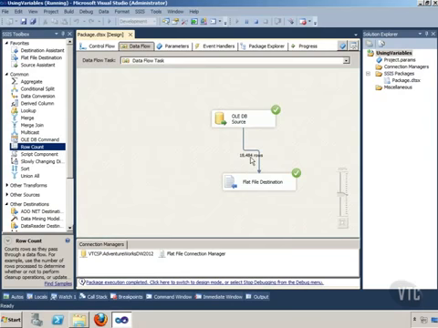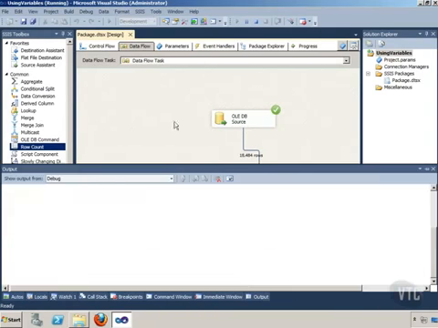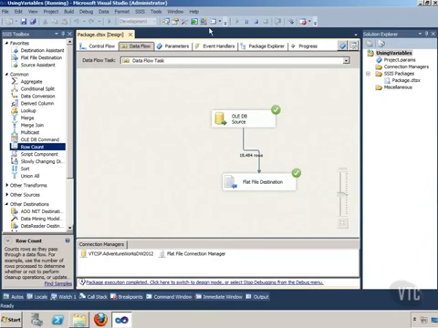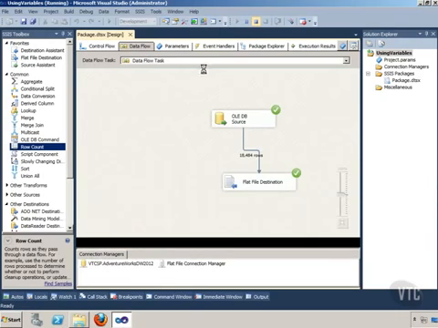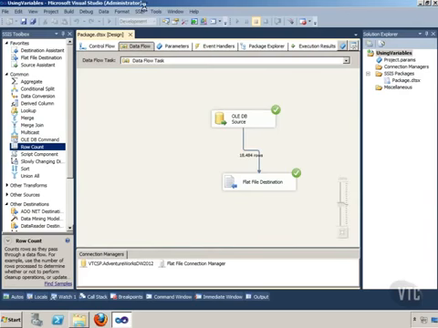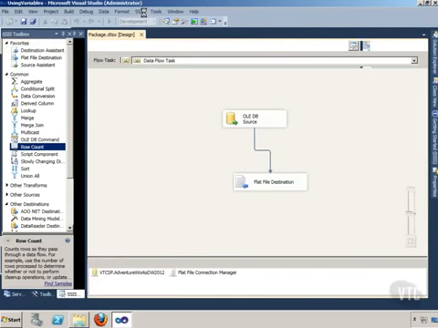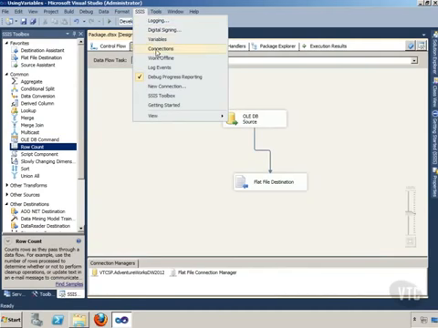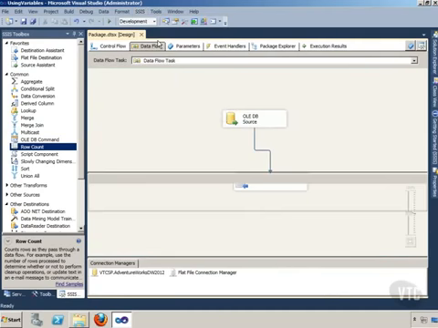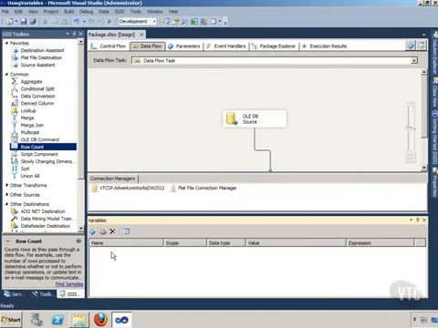Okay, and so what I want to do now though is to create a variable to store this number of rows in. All right, well, if you don't see a variables window down here, and I don't, and if you don't see one along the bottom on these tabs, all you have to do is, first of all, stop the package, then go up here to this SSIS entry on the menu and just click it,